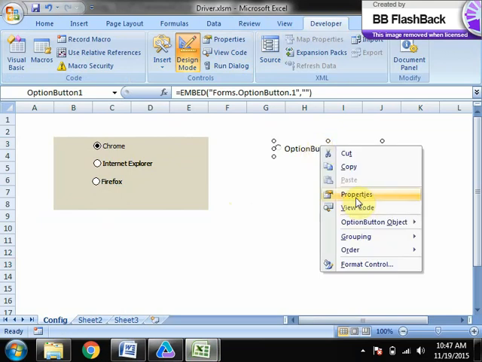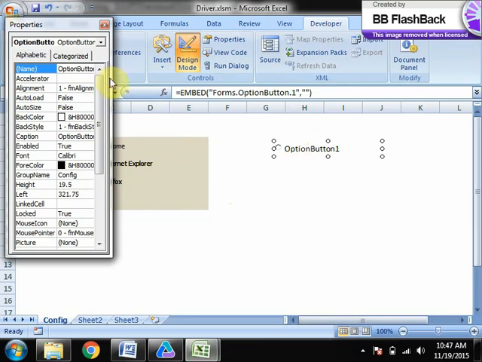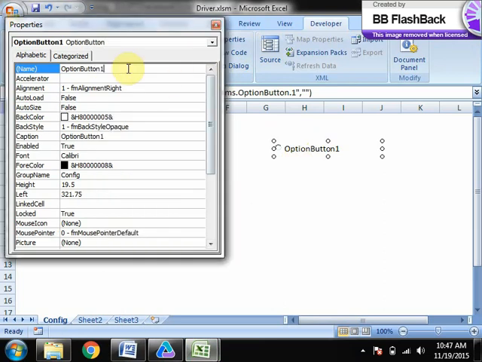Right click, and this time instead of assign macro, you give properties. Caption you give as QA environment or test environment.